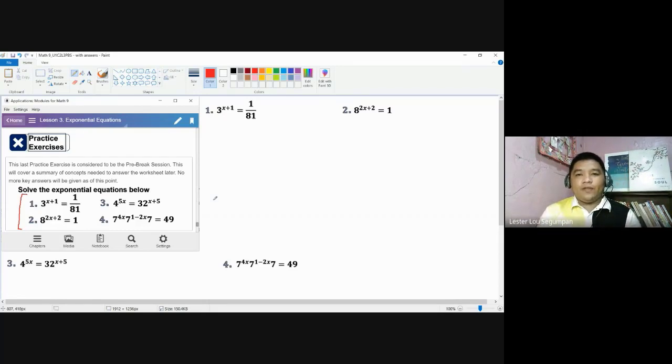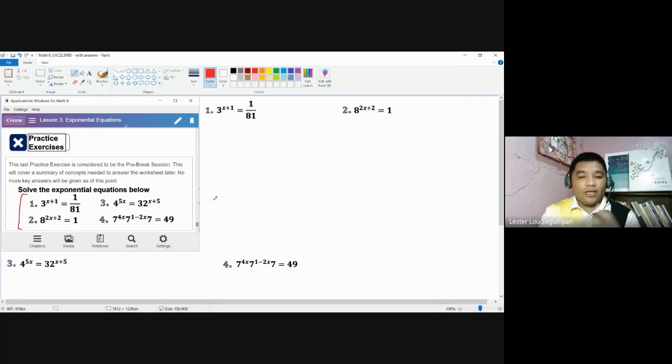The property of equivalent exponents tells us that when the bases of exponentiations are the same, it should automatically mean that the exponents should also be equal. It will also be true the other way around. If the exponents are equal, let's say x squared is equal to 2 squared, then definitely the bases should also be equal. But here, we're going to talk about the first situation. We're going to come up with the situation wherein the bases of our expressions should be the same for both